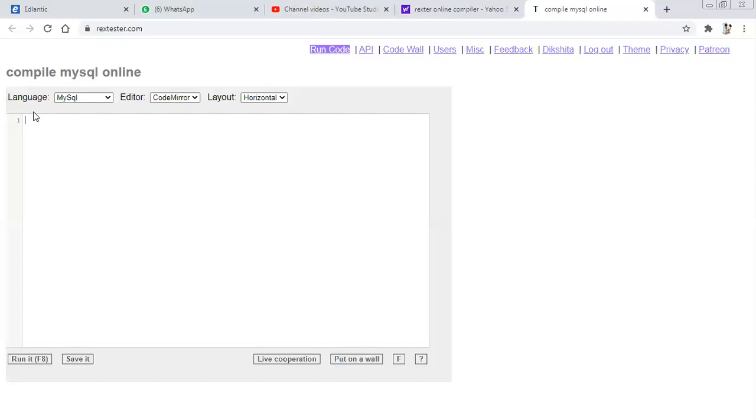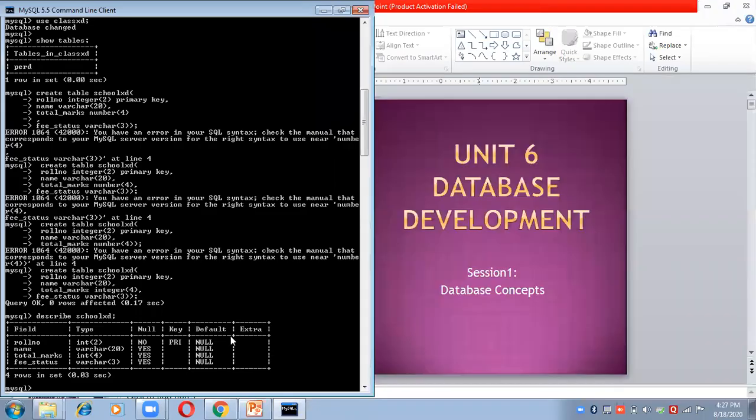Now one thing, you have to make sure that you cannot create your own database here. You can only use the database which was previously saved in the software. Online compilers don't allow you to create your own database, but that can be done in MySQL. I think I forgot to show that command, so I'm showing it again here. I have already opened it. Suppose I want to create a new database, so for that I'll write create